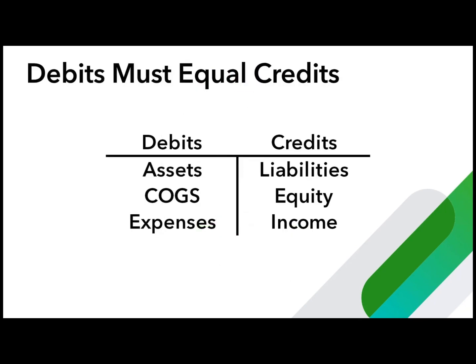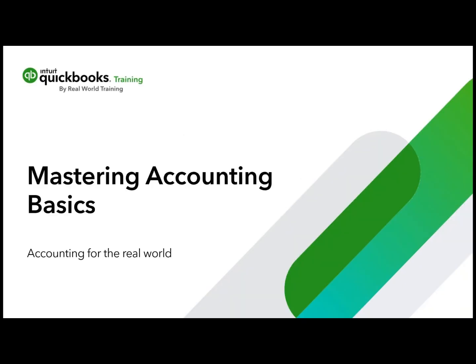As you see, T accounts help you understand that debits must equal credits. If you remember which accounts increase with debits and decrease with credits, you will master one of the most important principles of double entry accounting. Remember, you don't have to understand debits and credits to use QuickBooks. As you learn later, QuickBooks automatically handles the double entry accounting for you.